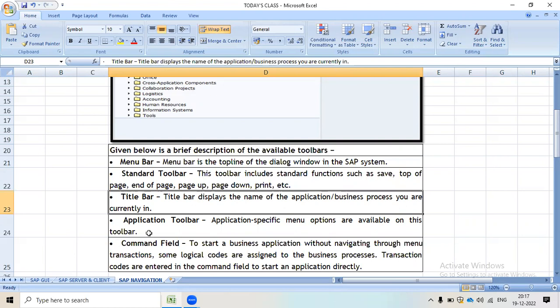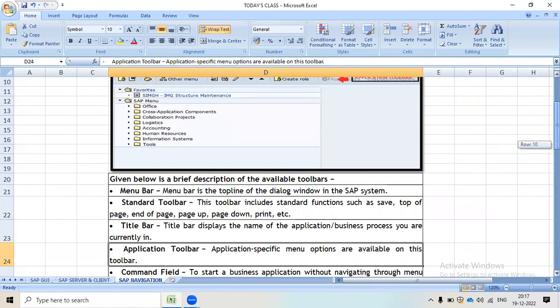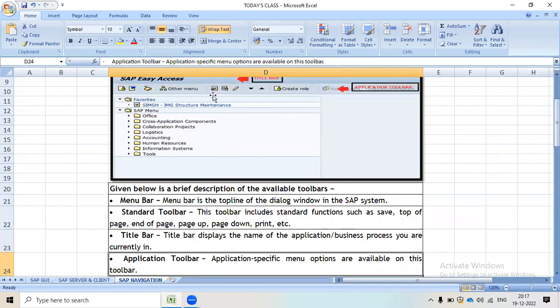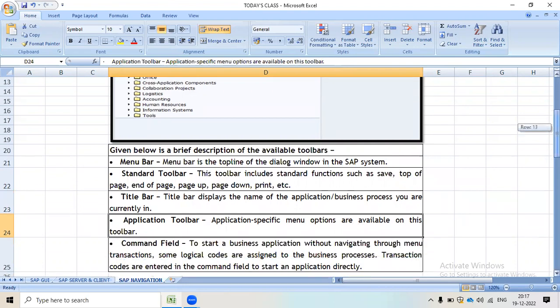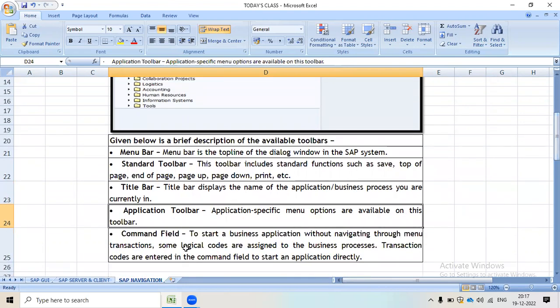And application bar: in the picture you can see this is the application bar. Application-specific menu options are available on this toolbar. And the last one is the command field. To start a business application without navigating through the menu, logical codes called transaction codes are assigned to business processes, and they are entered in the command field to start an application directly.